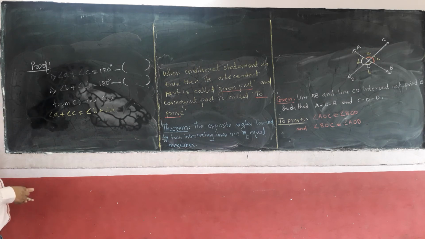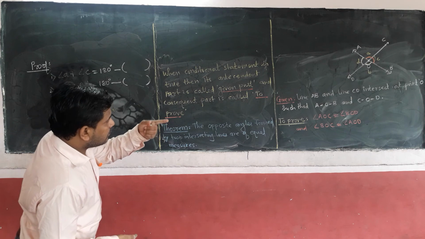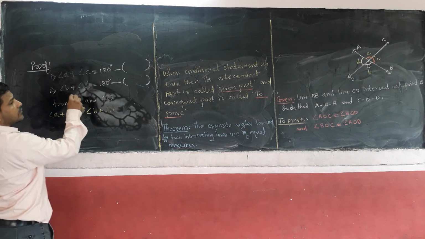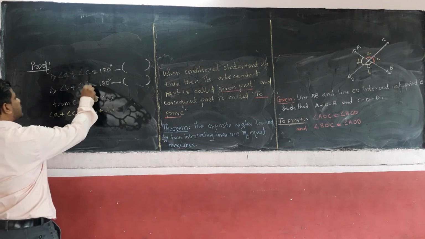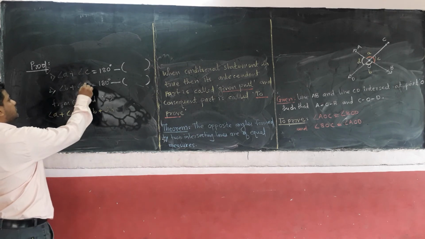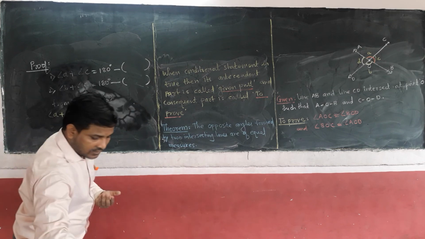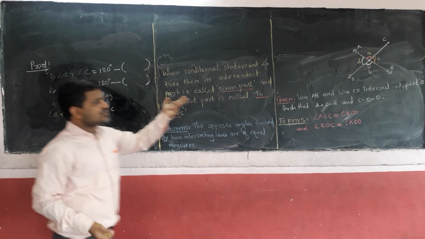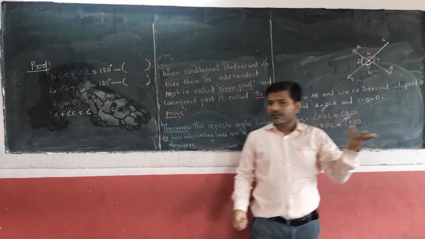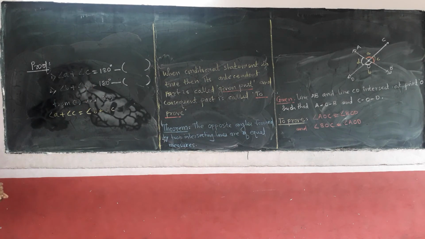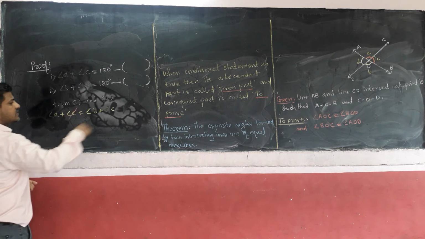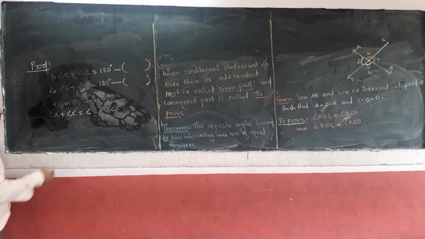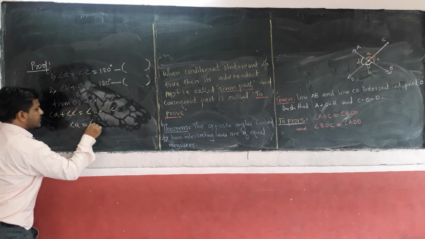Now sorry, instead of B and D we have to take here B and C. B and C will come. Correct? You can see B and C, addition of B and C is also 180 degree. So we can take here B plus C is equals to 180. Now what is getting cancelled here? See here, C is getting cancelled. And what is remaining? Yes, angle A is equals to angle B.